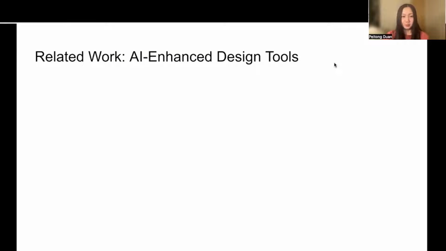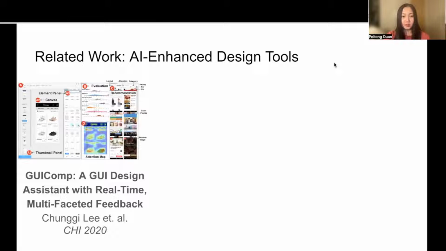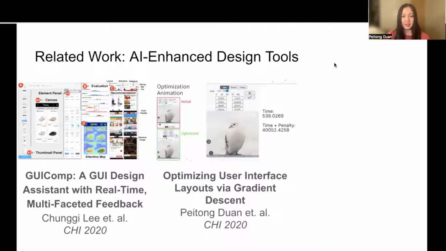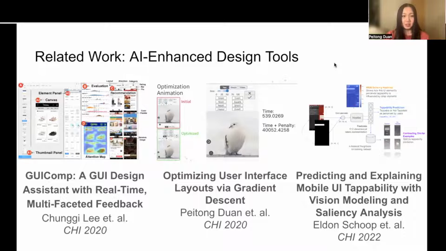For example, recent work in automated UI evaluation and optimization include a design tool that uses autoencoders and CNNs to provide feedback at various stages of the design process, applying the gradients of a trained task performance model to optimize the input layout for predicted task performance, and using computer vision techniques to predict perceived tappability. However, each of these techniques requires large amounts of training to carry out a single task and is unable to generalize. Also, their user studies revealed that participants sometimes found the model's feedback hard to interpret and preferred natural language